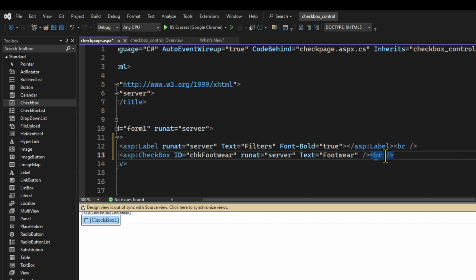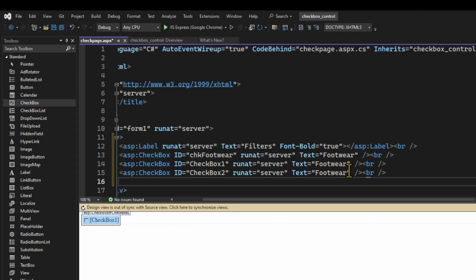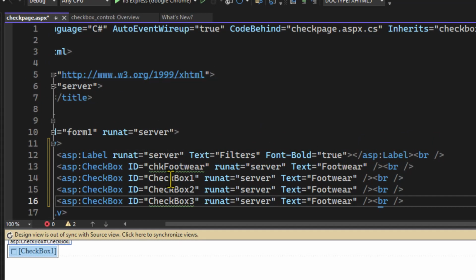Okay, so we're going to be adding 3 more checkboxes, and then we edit them. So I'll copy this, then I'll paste, and I'll paste. So 3, so I'll paste the third one. All right, so what we're going to do here, we're going to edit these 3 checkboxes to reflect what we